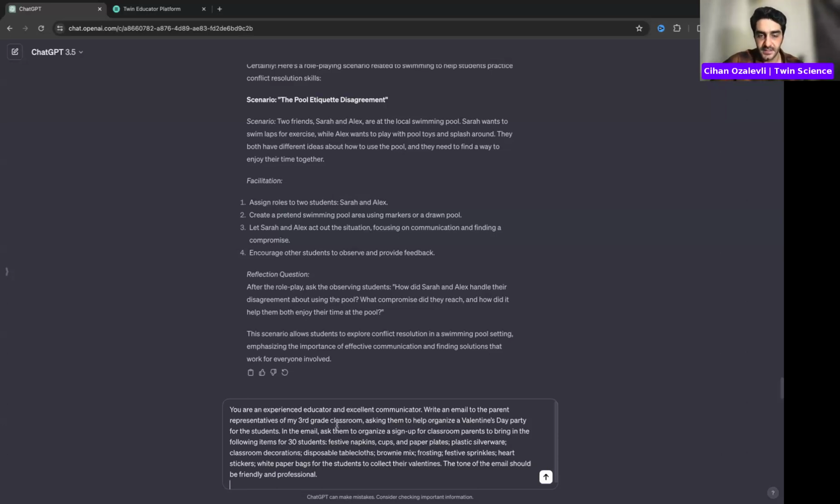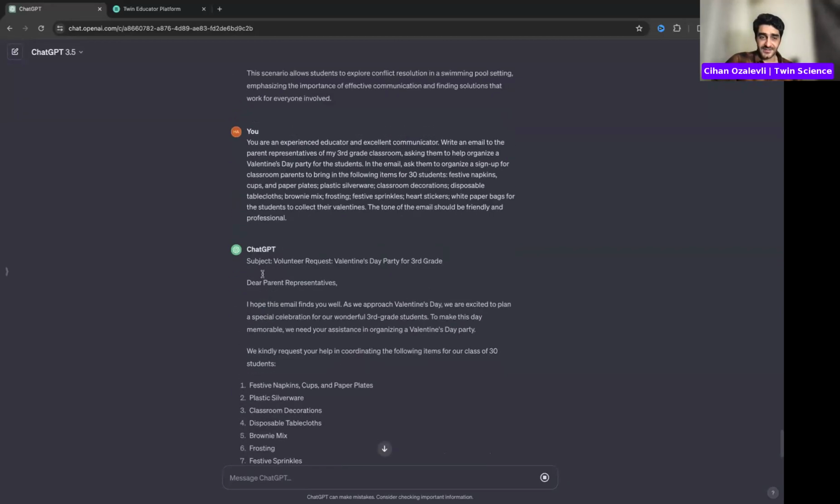And here we ask it to help organize a Valentine's Day party for the students. In the email, ask them to organize a sign up for classroom parents to bring in the following items for 30 students. And let's see what kind of email it will bring.